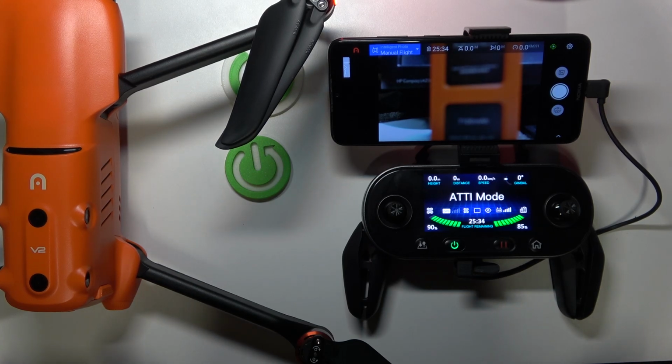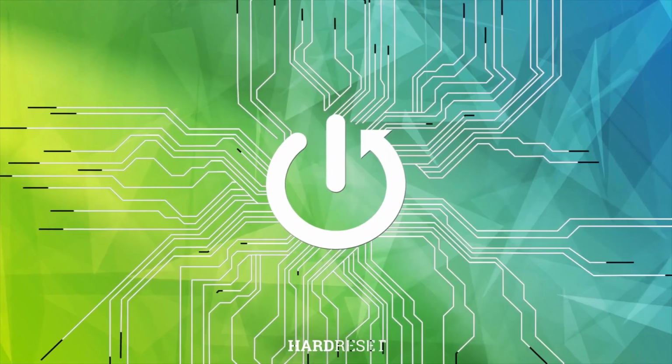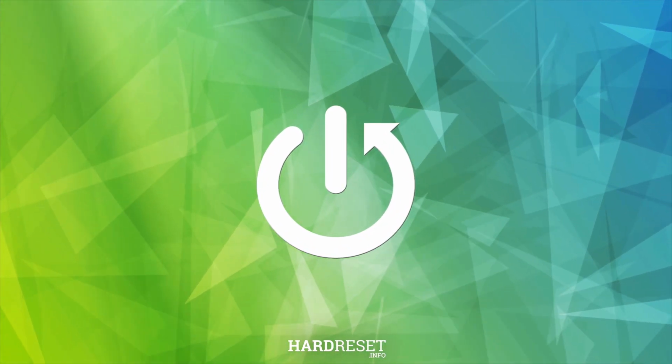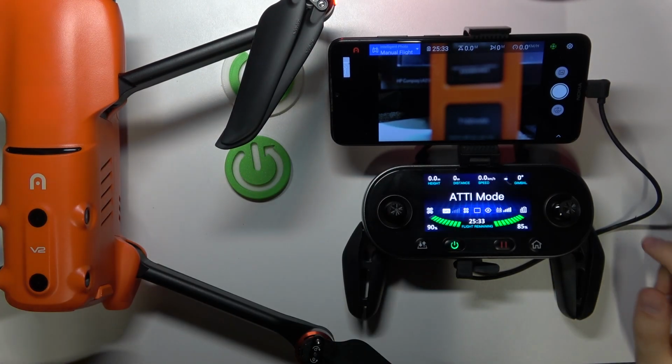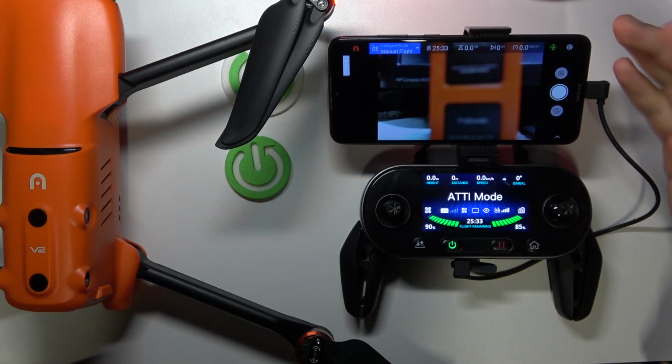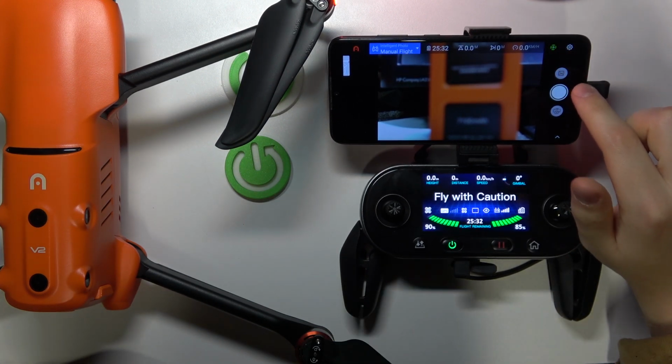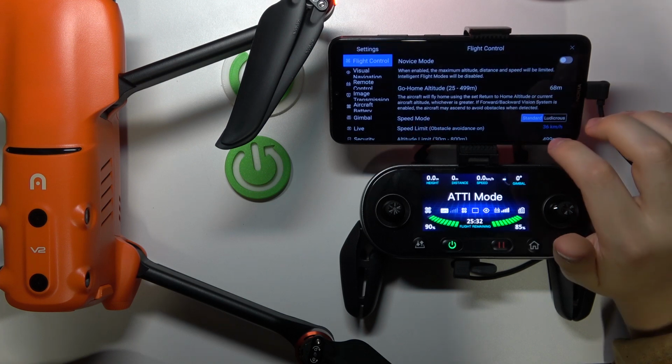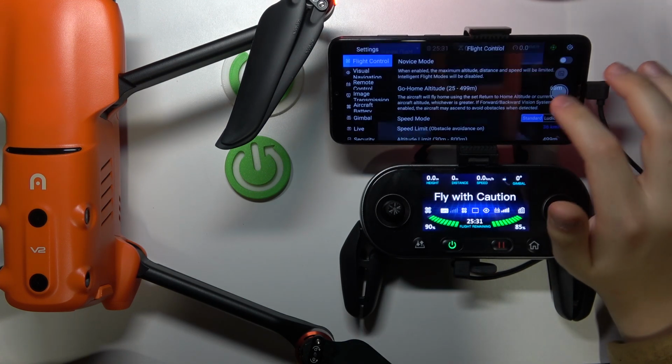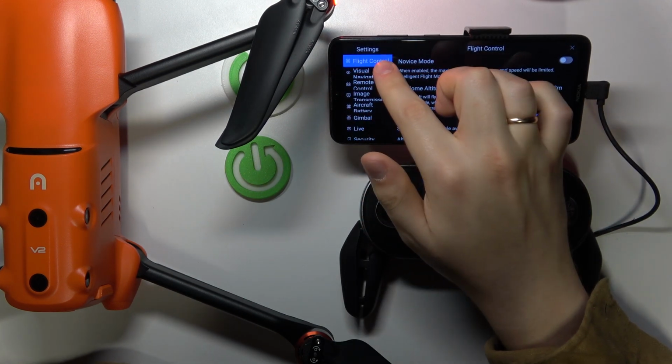This is AUTEL EVO II Pro, and today I'll show how you can change the speed limit on this drone. In the beginning, launch the AUTEL Explorer app and enter the camera feed. Now at the top right corner, tap the gear-looking icon to launch settings, then select the flight control